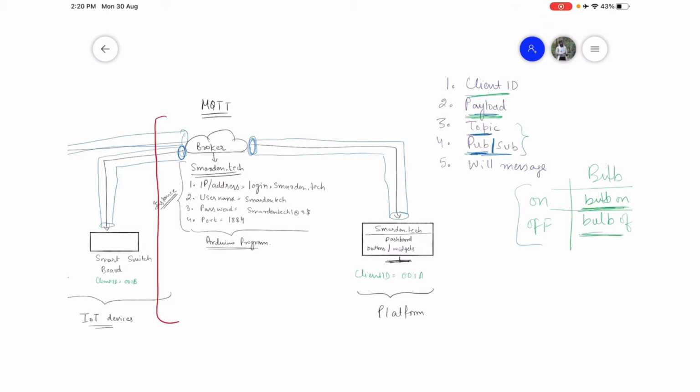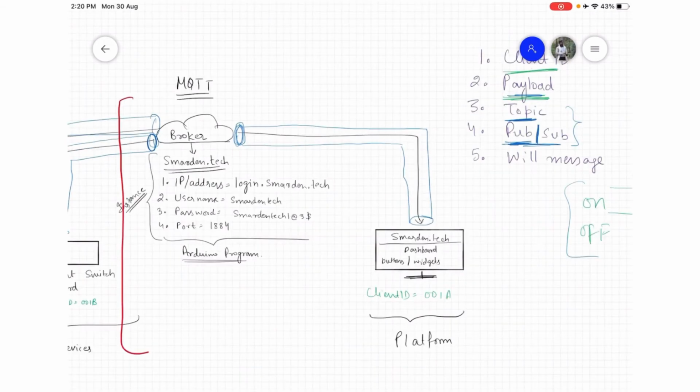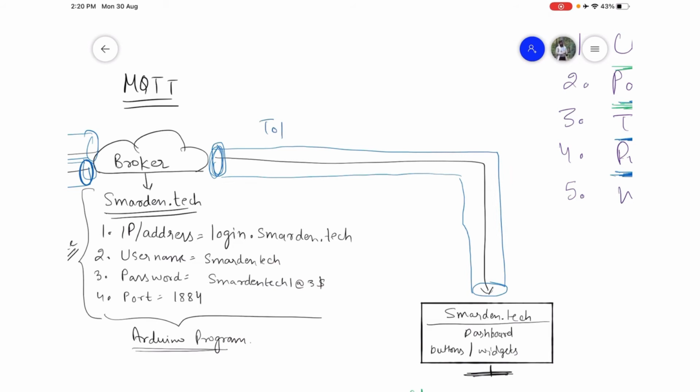If you remember, in the previous video we used the topic switchboard. So here my topic is switchboard. If I want to transfer the data, and the payload here is bulb on, to turn on the bulb, this is my payload.